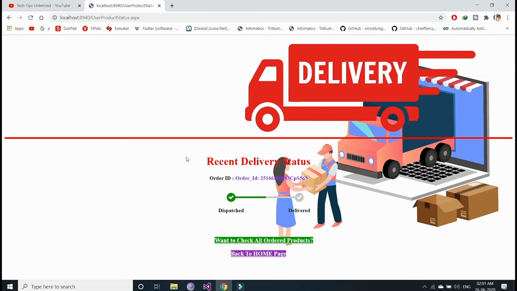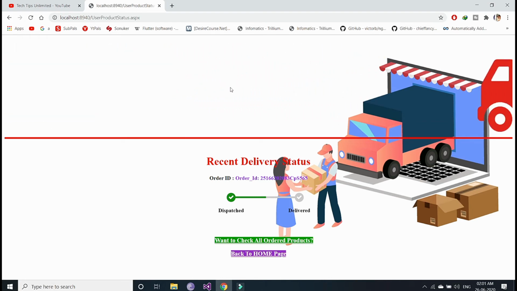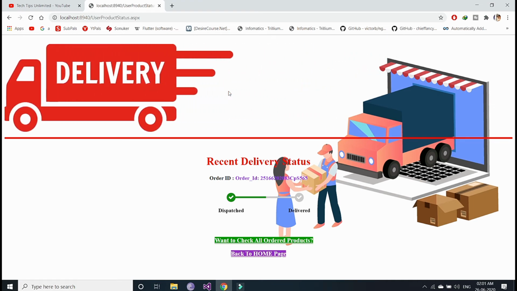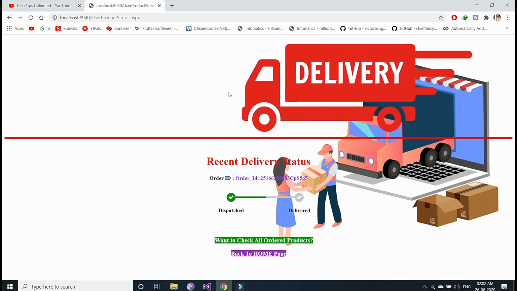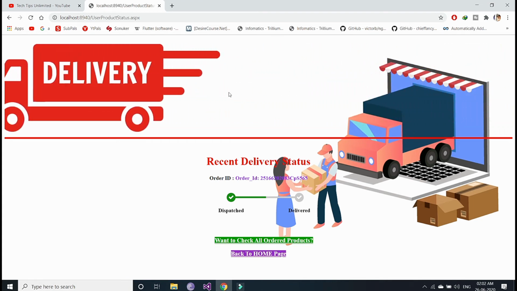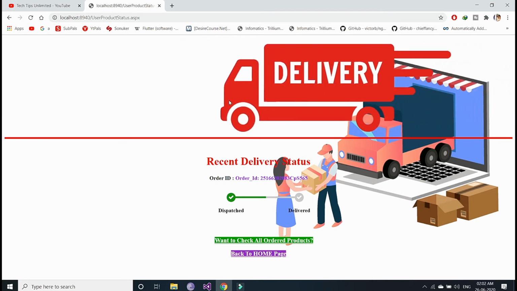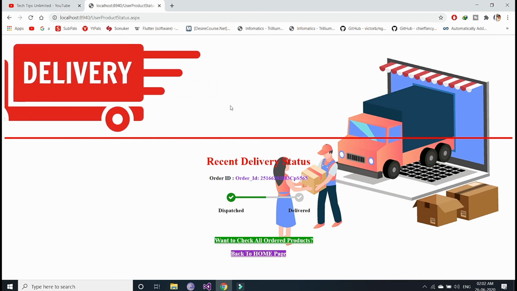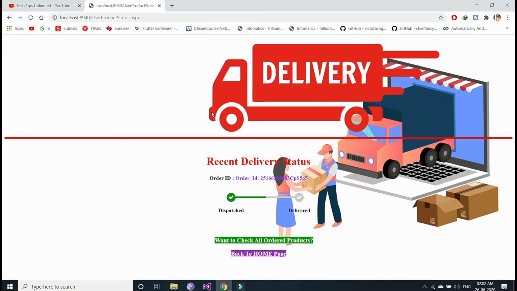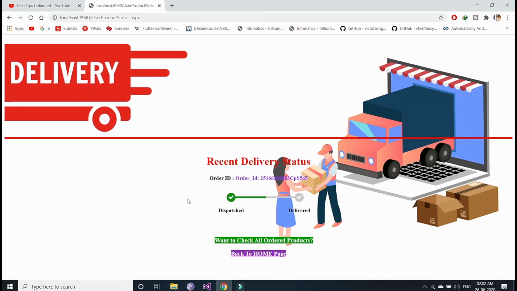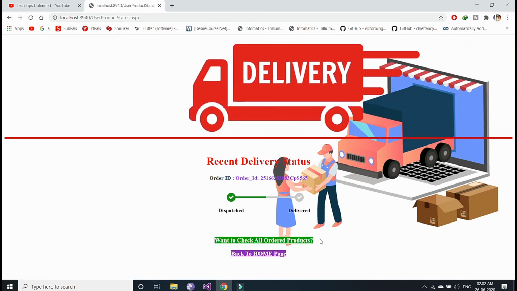And here, one condition I've set is whether this page opens depends on whether you have ordered any product or not. If you are a new customer or new user and haven't ordered any product, then this page will not be visible for you. If you have at least one order, then this page will open, and if you have more than one order, then this link will appear here, or else it will be hidden.